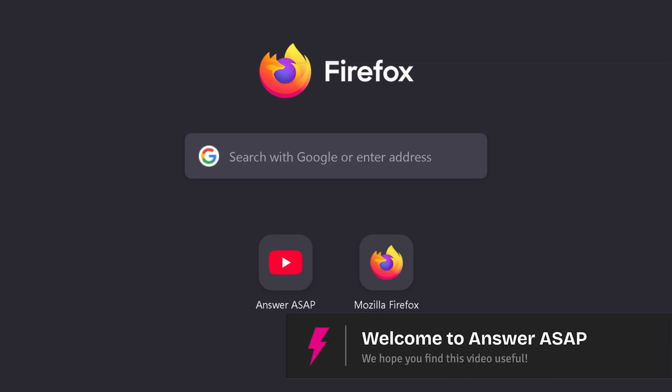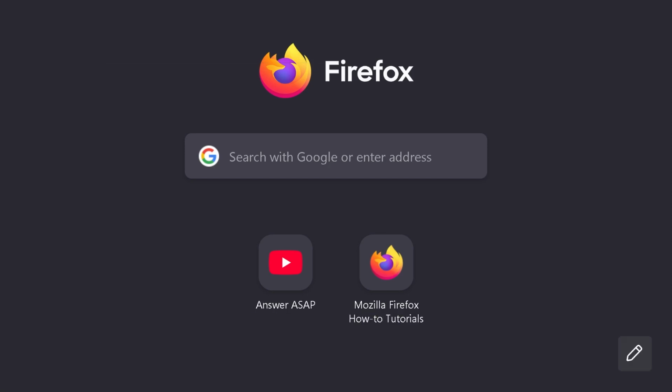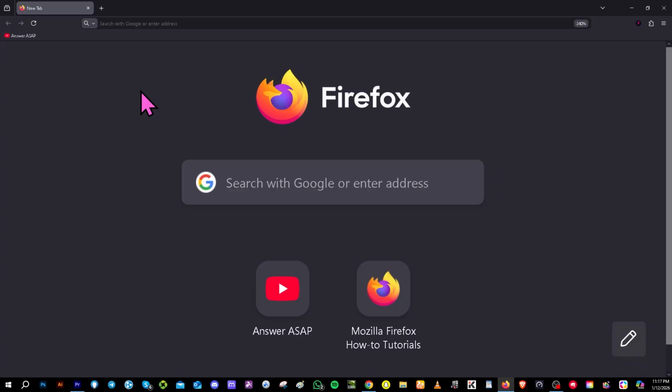In today's video, we are going to show you how to update Mozilla Firefox to the latest version so you can enjoy better security, new features, and improved performance. Let's begin. Now, first of all, go ahead and open Mozilla Firefox on your computer and go to the top